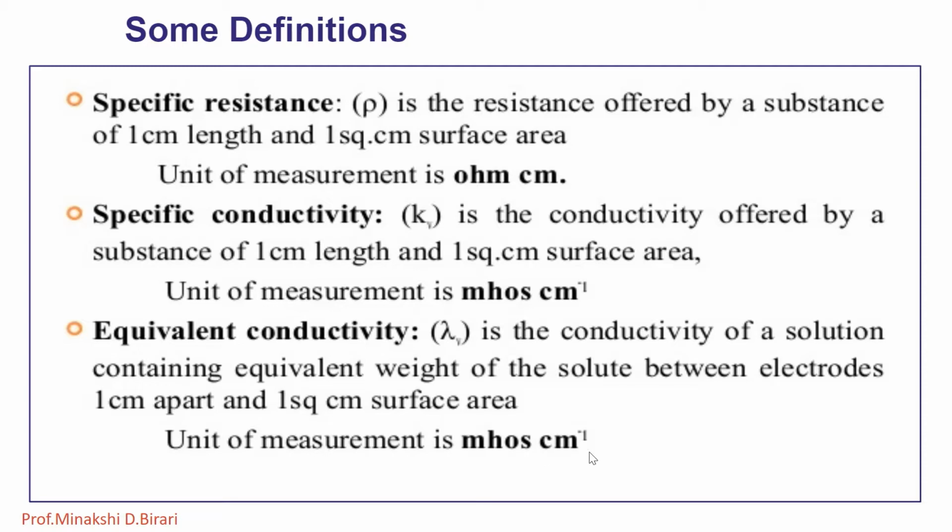The equivalent conductance of an electrolyte is nothing but the conductance of the volume of solution containing one equivalent weight of dissolved substance when placed between two parallel electrodes 1 centimeter apart and large enough to contain between them all the solution. Equivalent conductance cannot be determined directly but is determined from specific conductance.